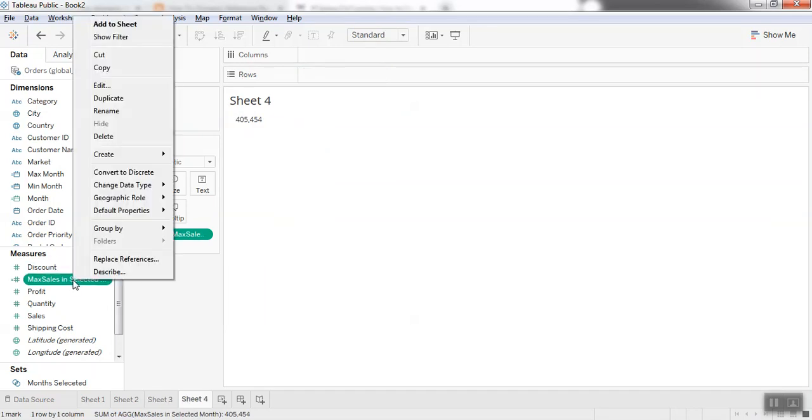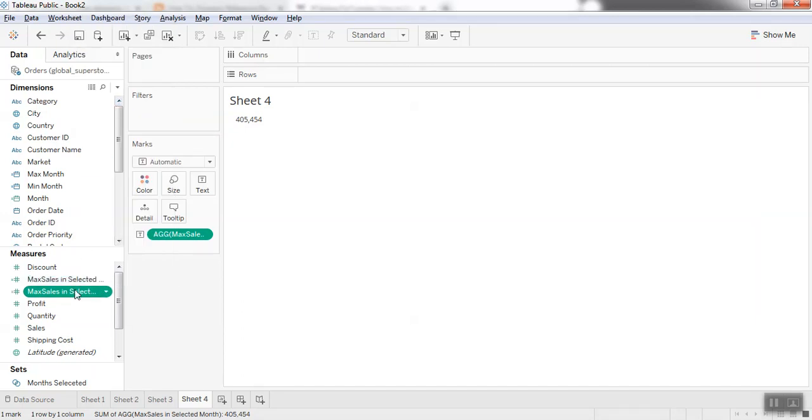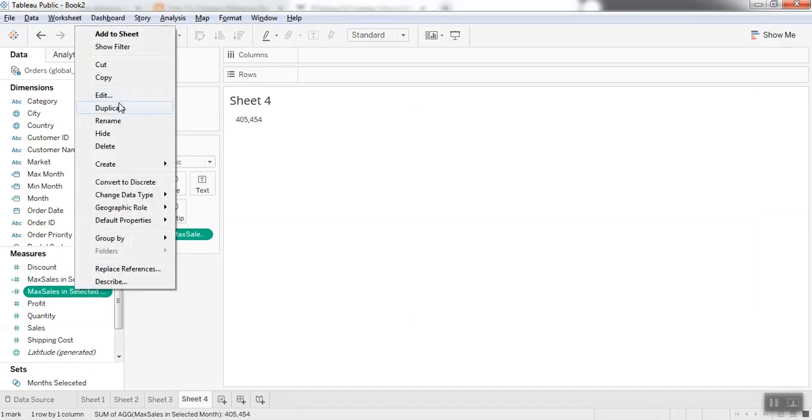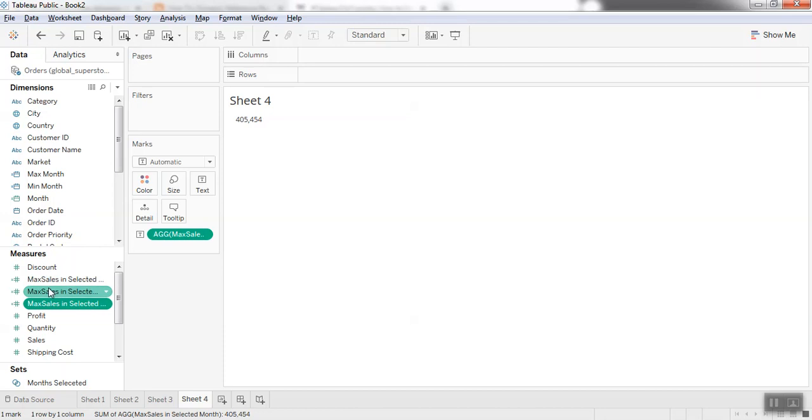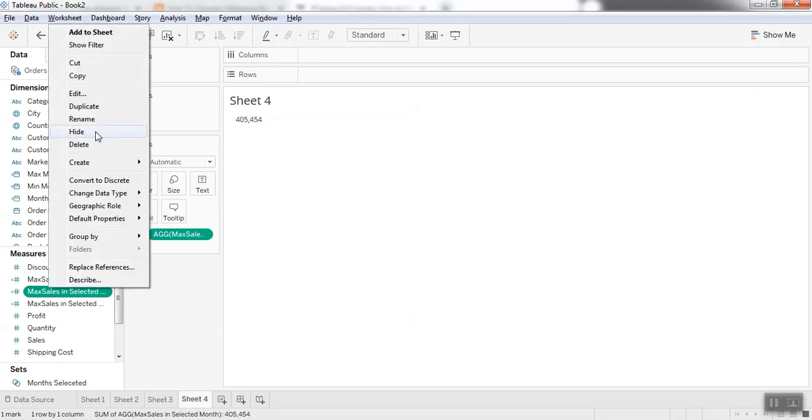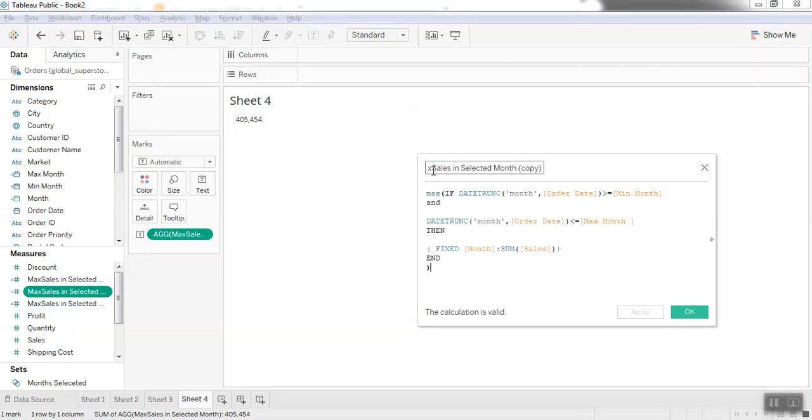So similarly, using this calculated field, we'll be creating calculated fields for minimum and average as well. So let's duplicate it 2 times. And first I'll change the second one to minimum. Let's go to edit, and then instead of this max, I'll say min. Remove this copy, and at the starting, instead of maximum, I'll be doing a minimum.